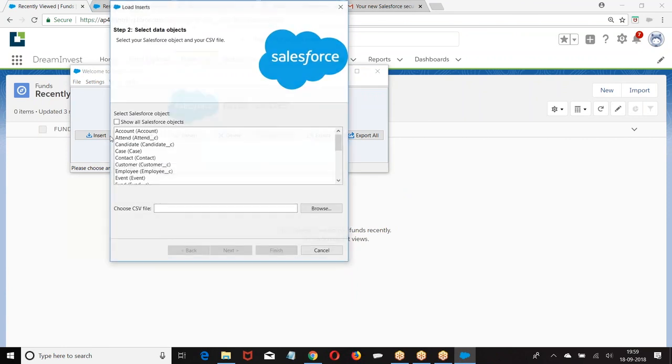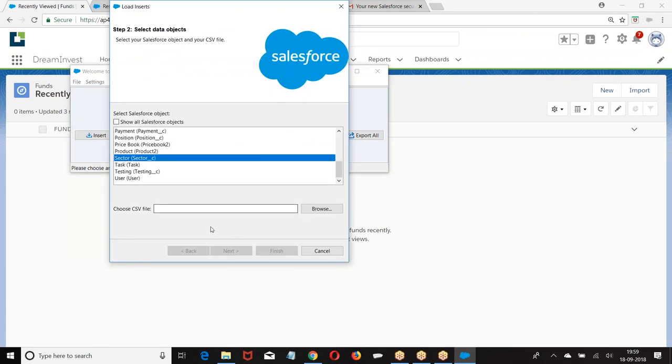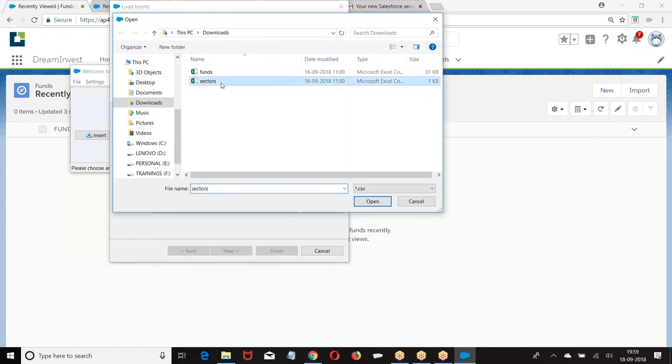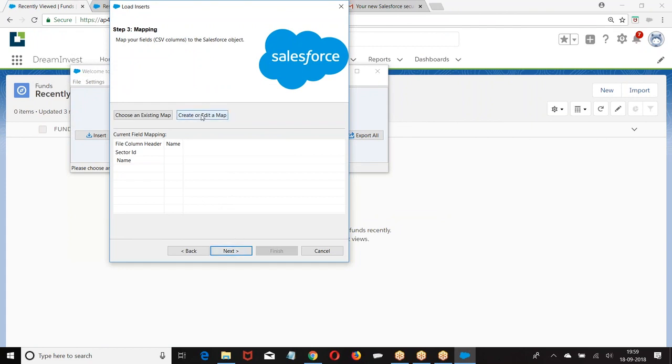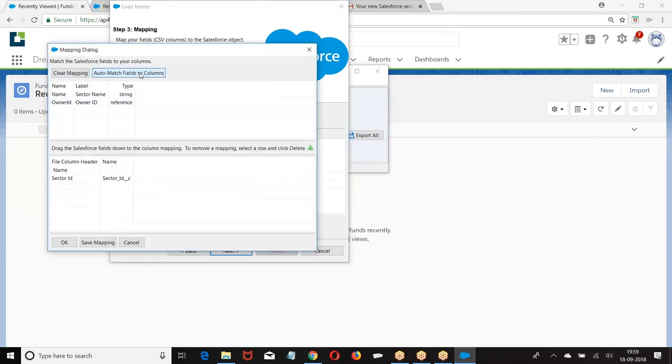Go to this, insert sector, choose the file, sectors. Okay. Then auto map. Sector name, sector ID.